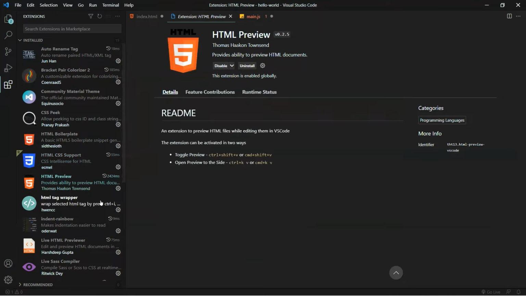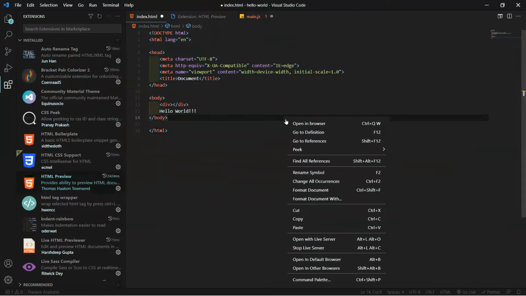Next, I want to talk to you about HTML preview. This is kind of like live server, except it's not a live server. And it does pretty much the same thing. It's just live server works better for me. Hit save, and then I can see it in the window. This one you can do a split screen,